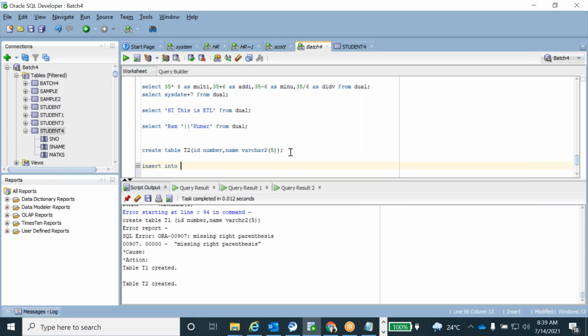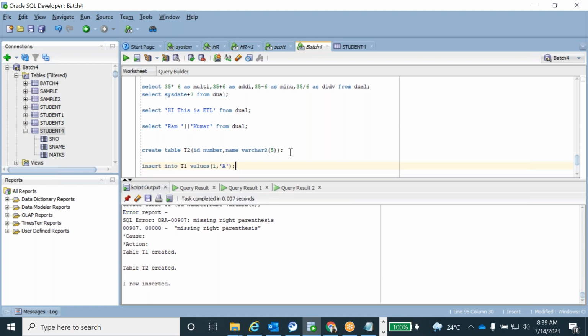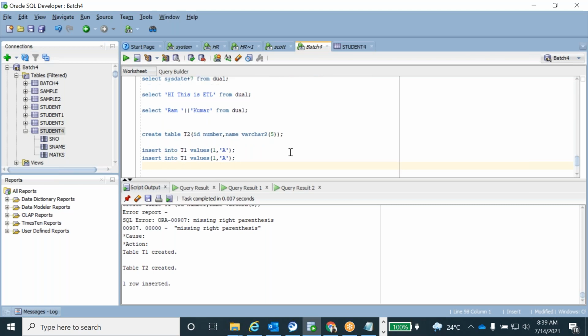Insert into T1 values. ID 1, name A. I'm going to insert like that for a few records.